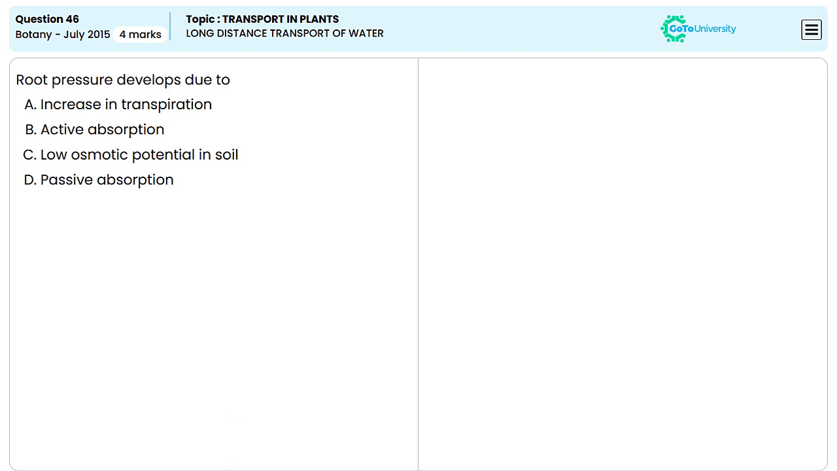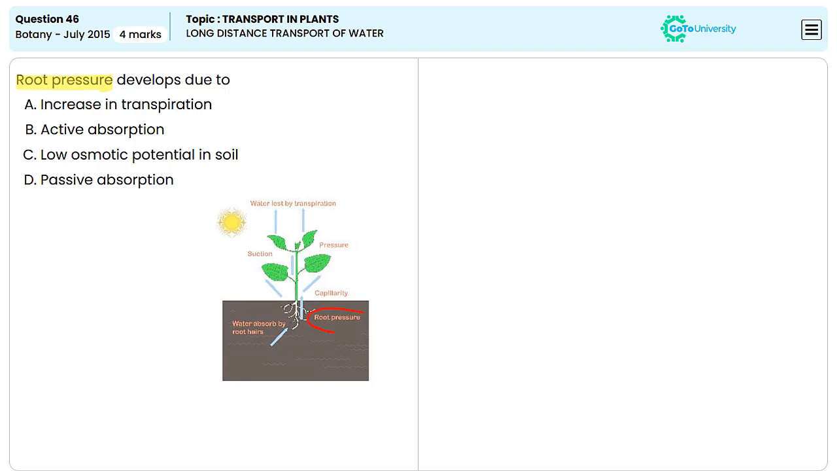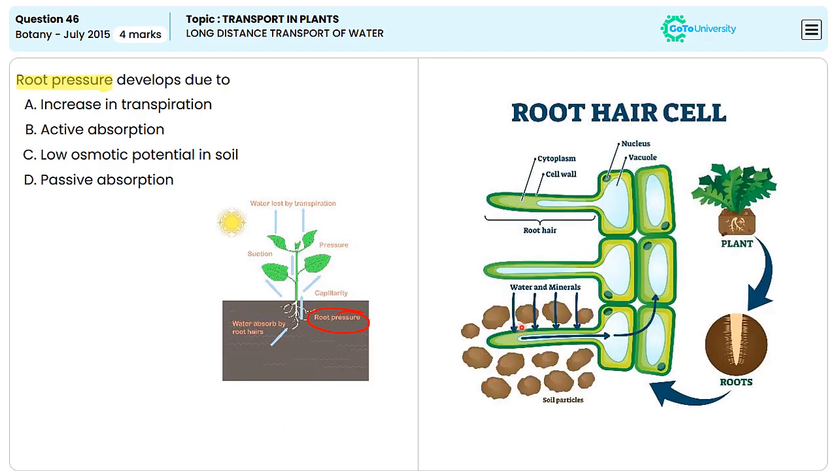What causes the root pressure development? Root pressure is primarily generated by the active transport of minerals and water into the roots from the soil. This process leads to the buildup of water in the roots, creating a pressure that forces the water up